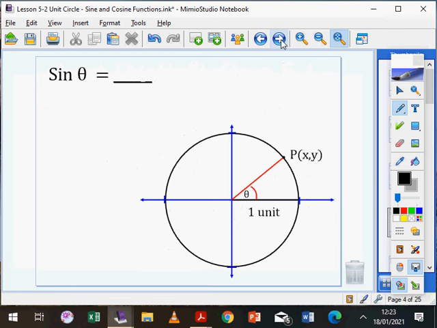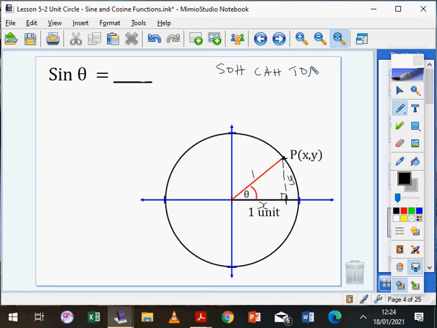Now, if you look at this unit circle and this angle theta that I have here, I can form a right angled triangle, and the length of this red line is going to be 1 unit because that's the radius. The x length from this position to this position, that's the x length because it's the x-axis. I don't know how long it is, but I'll just call it x. And this vertical height from here to here is y. So it happens that in a unit circle, if I try to find the sine of the angle theta using our SOHCAHTOA,